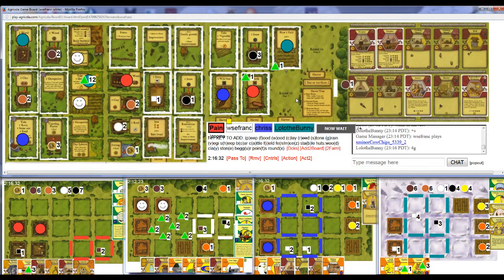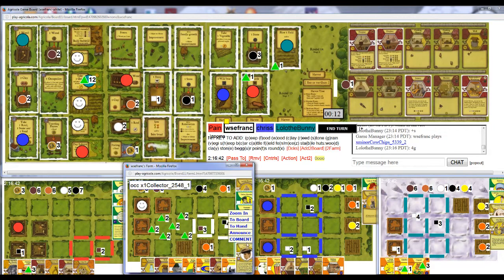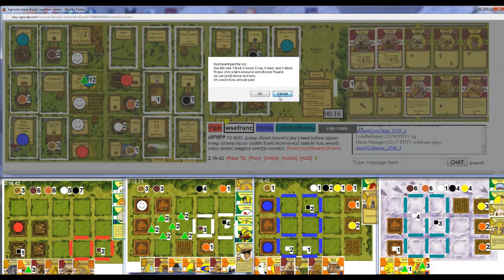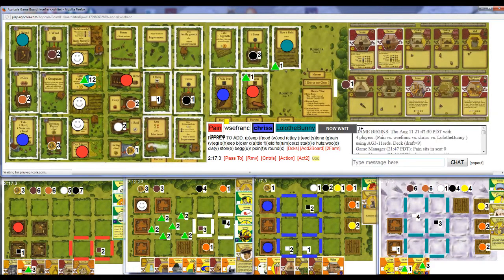Okay, that's looking okay. There are 4 more reno actions. Payne still needs to reno. Chris wants to reno. Lolo wants to reno. So actually, the reno is going to be pretty tight. Yeah, maybe I won't take any stone with collector. I get a food from... let's try this. So I'll take a grain, and then...